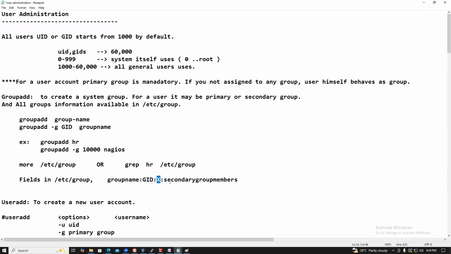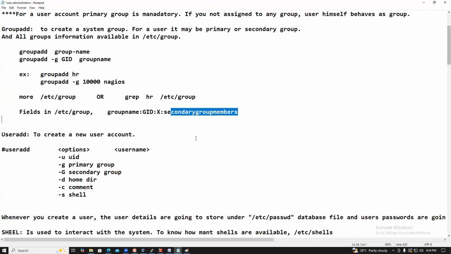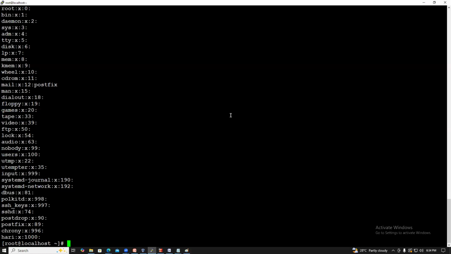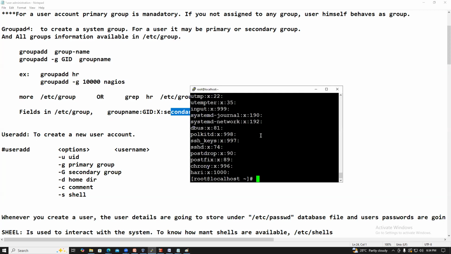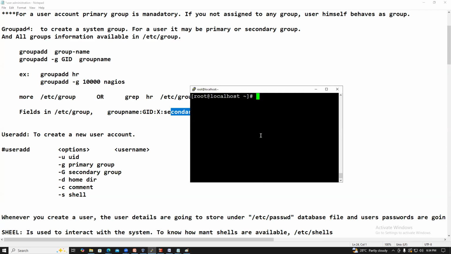So this is nothing but a password under secondary group members. If you want to create a group, how can you create it? You can create a group like Linux administrators or DevOps administrators, right? I am creating a group called